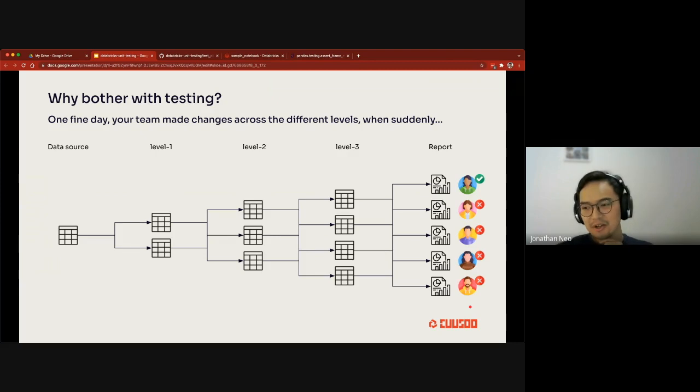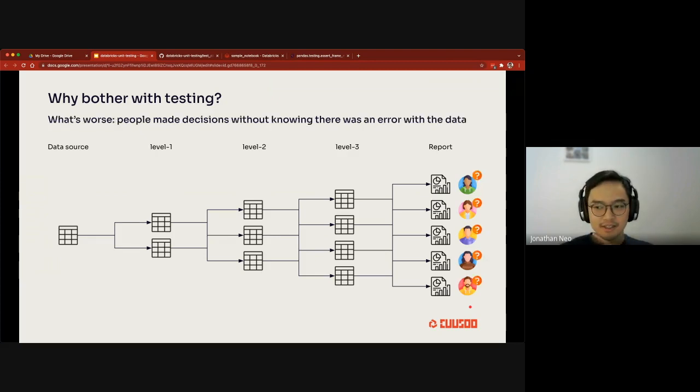Good scenario. What's the worst scenario than this is where people don't even know that the data is wrong and they went ahead and make decisions off the back of that data, right? So they assume that the report they're looking at is correct, and all of a sudden some numbers look skewed. They're like, "Oh, this is a great opportunity. This new investment here is super cheap. Let's invest $1 million into this product or something." That's the worst scenario that can happen, where no one knows that the data is wrong and they make ill-informed